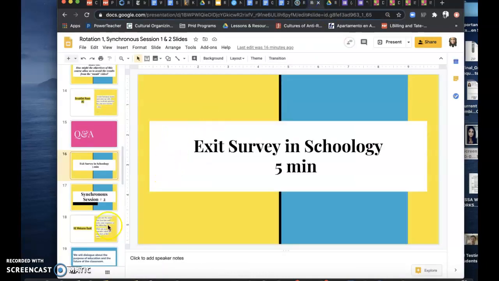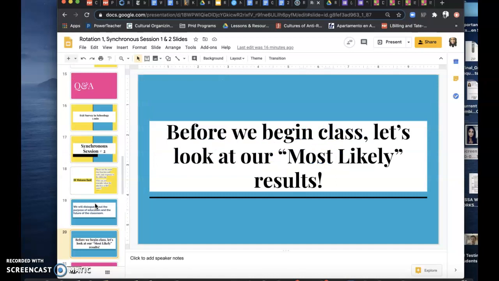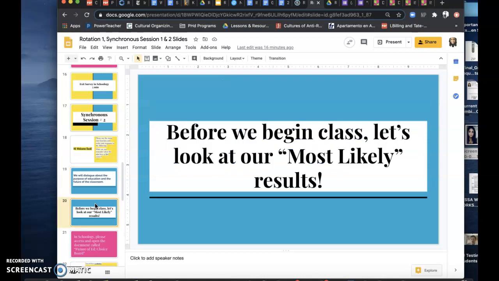And that's pretty much it. Session 2 is in here too. The slides are in there with Nearpod. Go through it, make sure it's all what we talked about on Friday. The objective of session 2 is we're going to dialogue about the purpose of education and the future of the classroom. Before we do that, we'll look at our most likely results, and then we have the lesson plan using